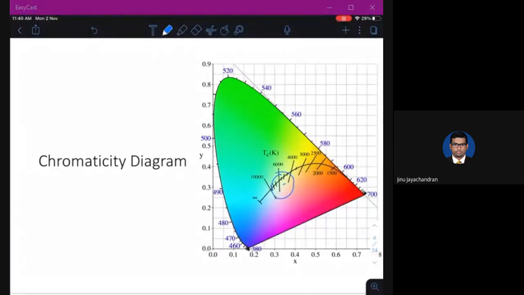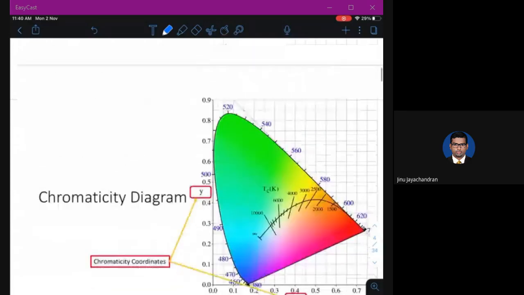Now, if the stimulation of the cone cells is such that your chromaticity point is somewhere here on the red side, then you will see that light as red light.